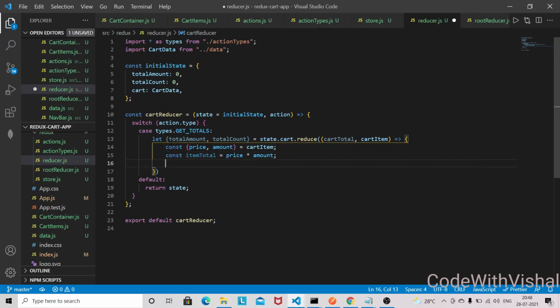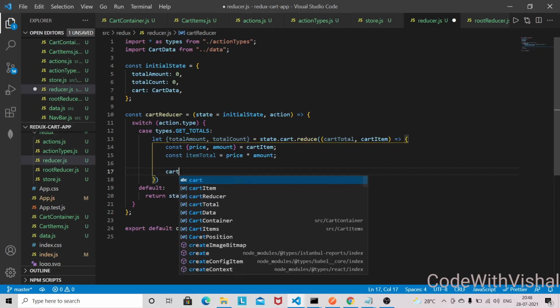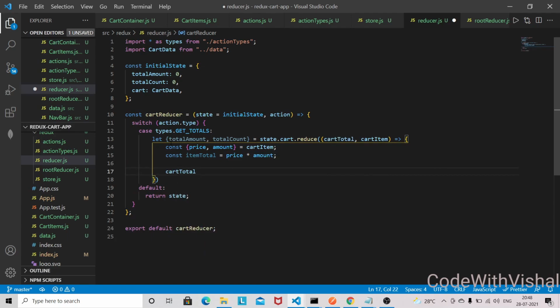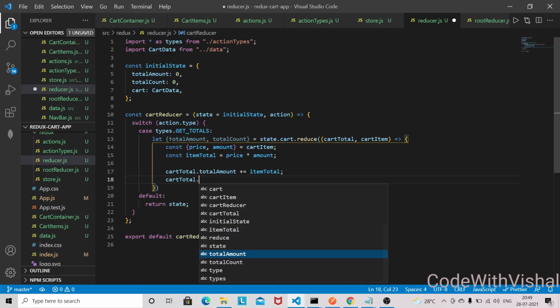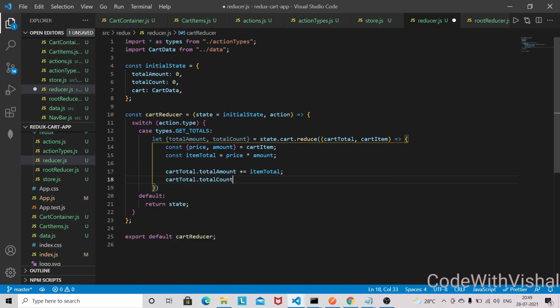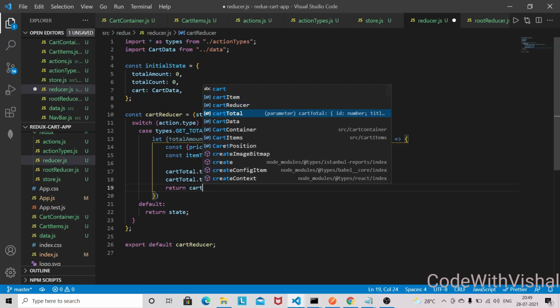Okay, and cartTotal.totalAmount plus equals itemTotal, cartTotal.totalCount plus equals amount, and return the cartTotal.